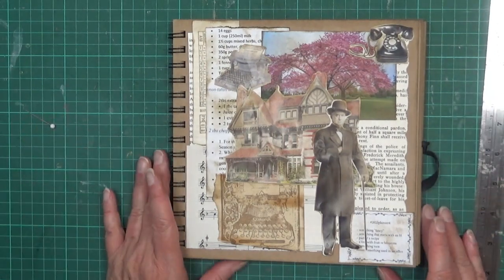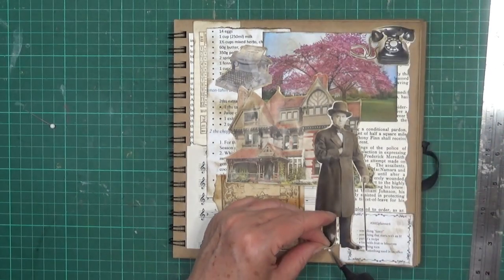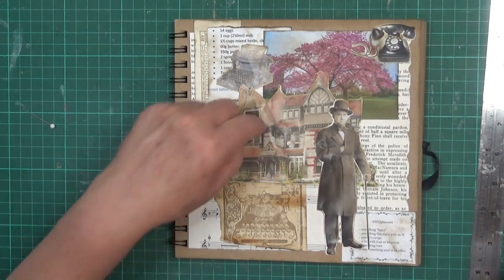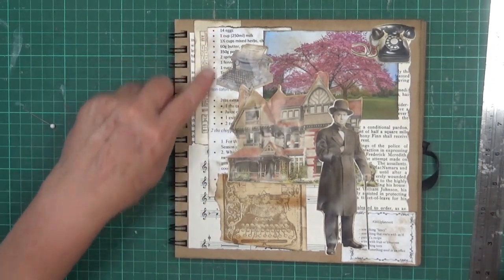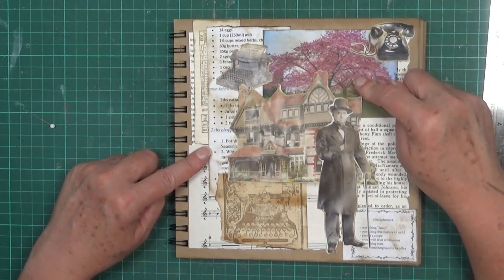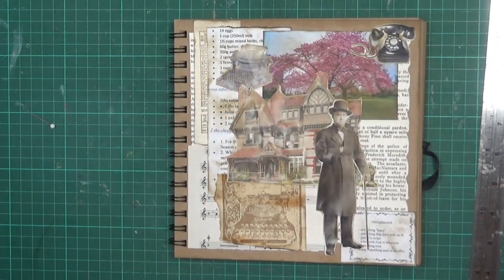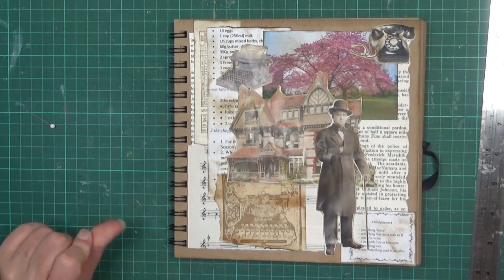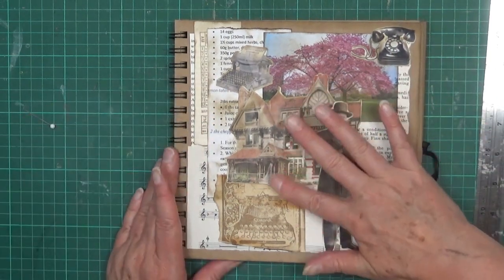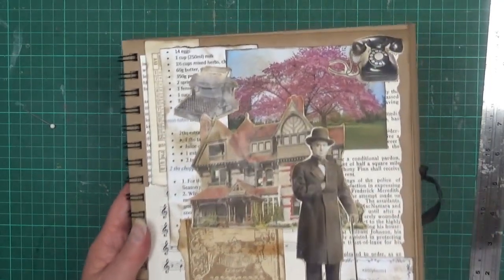Alright, so we have something fancy, which was the man, and his feet aren't glued down. And of course you could say the house. Something that starts with H is the house. Part of a recipe is in the back here. Fruit tree, a tree with fruit or blossoms, there's the blossoms. Something torn was this, or you could say the background or the recipe. Something used in an office, which is the bonus, typewriter and telephone. So there we go. Doesn't seem to be lying flat. There we go. That would be the